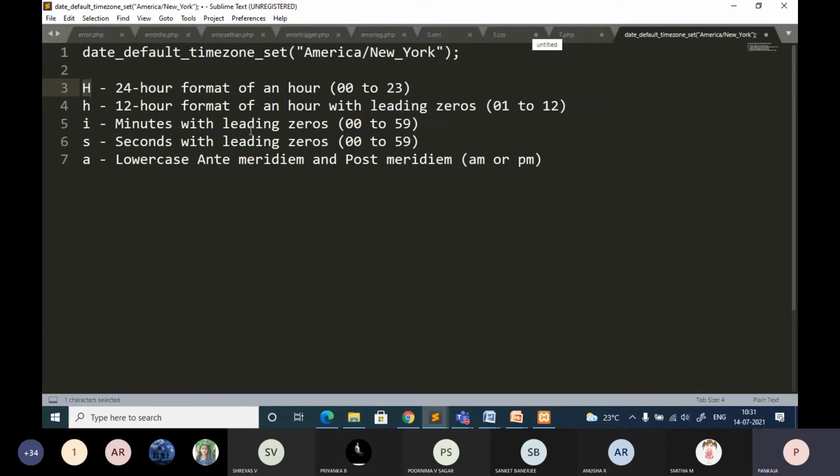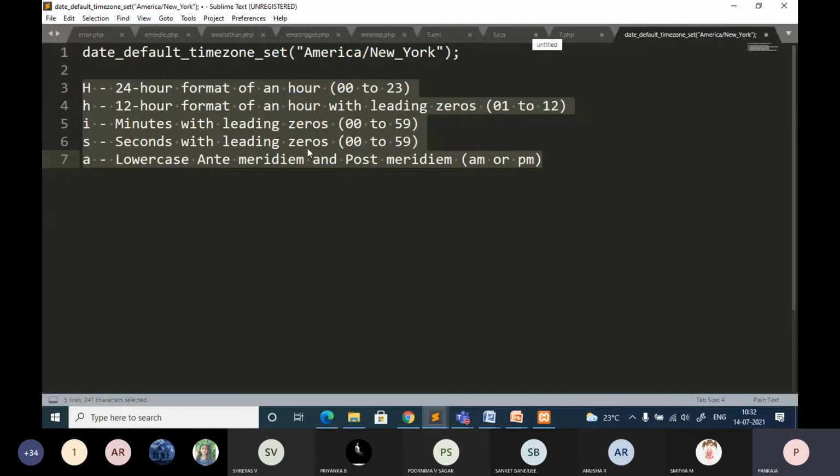Then minutes with leading zeros, 00 to 59, and seconds with leading zeros, 00 to 59. And for meridian, you can specify A to indicate AM and P to represent PM. So this is standard time information you should know. Accordingly, whether you want 24 hours or 12 hours, you can set it.